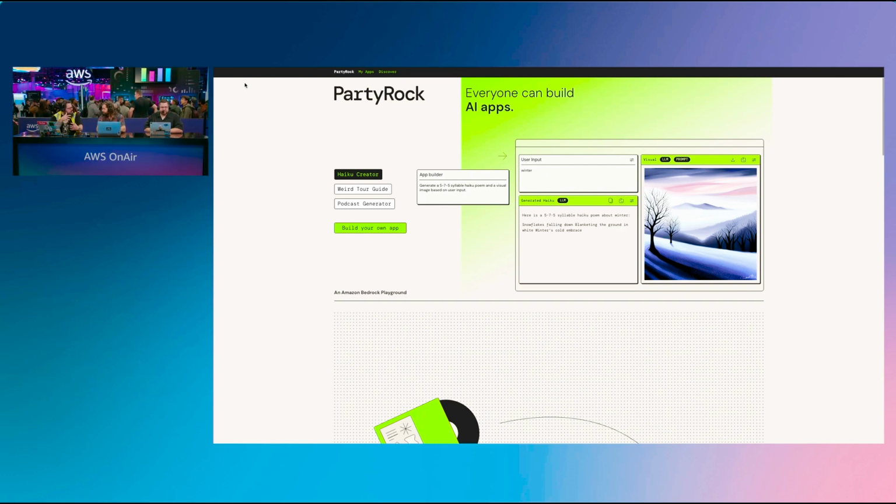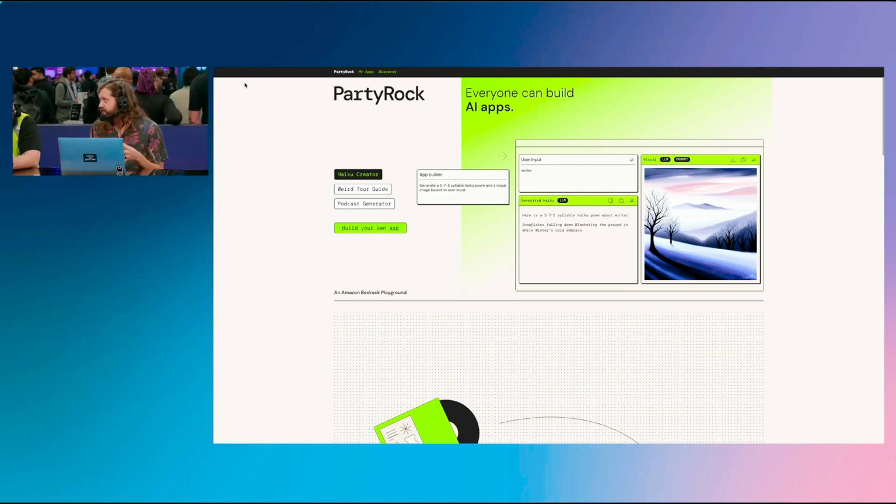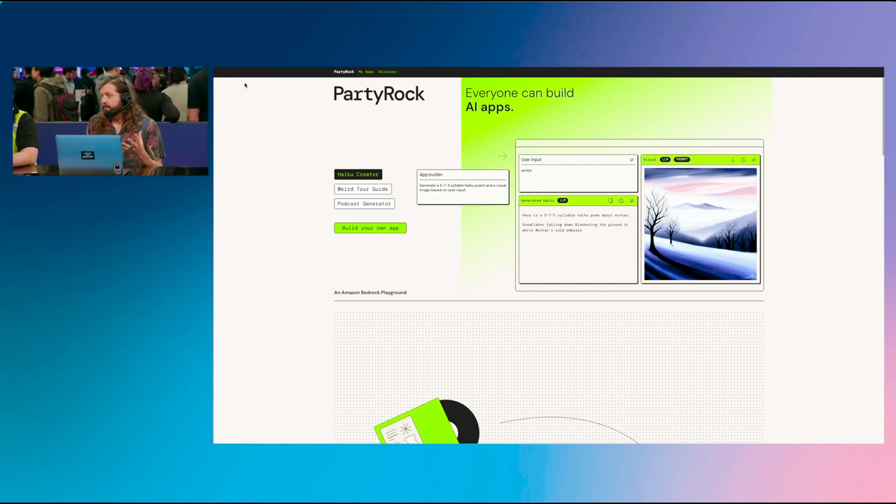So what is PartyRock? Yeah, absolutely. PartyRock is a shareable generative AI app building playground. So it's a place to experiment with some of the fundamentals of generative AI, like text-based prompting, prompt chaining, model selection, and so forth. So you can get a fundamental understanding of how generative AI and prompt engineering works before you move into production